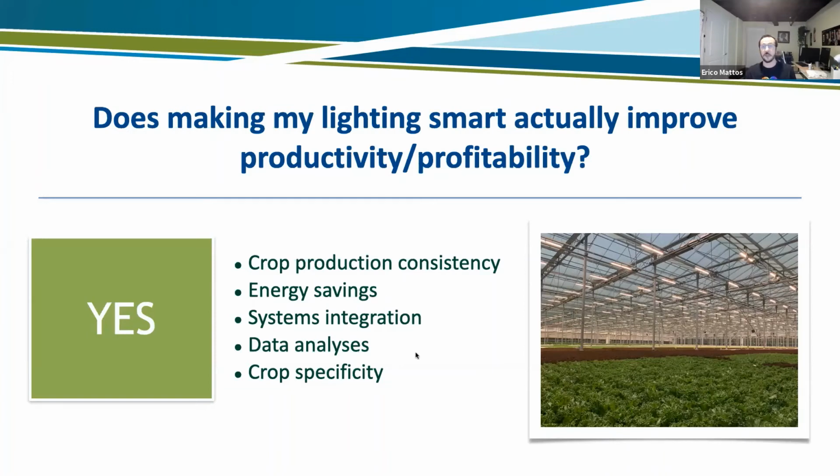Data analysis is really important. If you want to optimize your system over time, and we're going to take a look at crop to crop later on, crops are very specific. Through data analysis, you can understand what you're doing and what the impacts of the things you're doing are. You can look back, you can cross information, and you continue to optimize your system, which leads to the next one, crop specificity. Having a dynamic lighting system allows you to take a fixed installation and really tailor and adjust to the specific needs of your crop. And that could be whatever you're growing: vegetables, ornamentals, propagation, cannabis, hemp, anything you're doing.